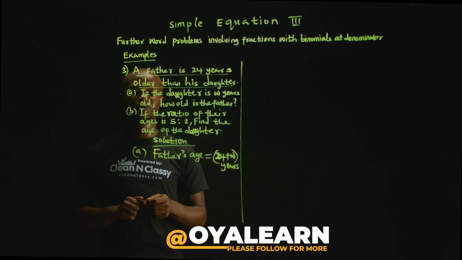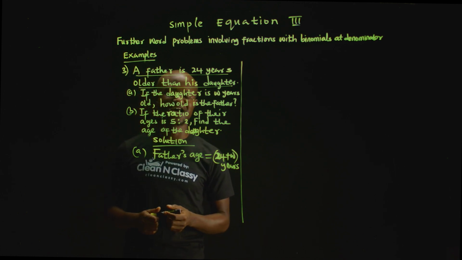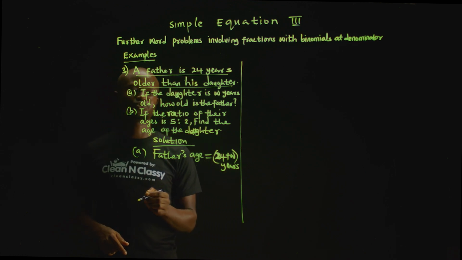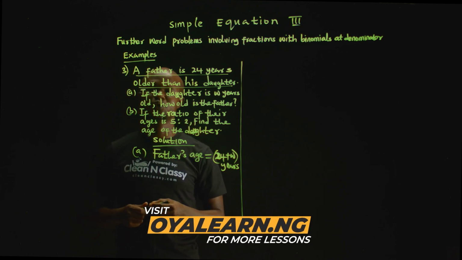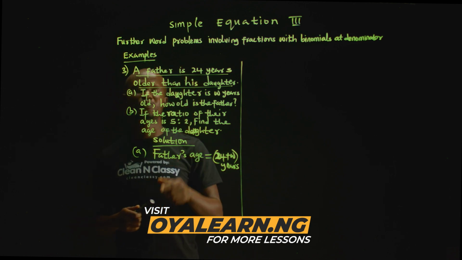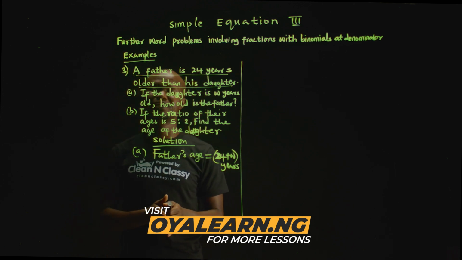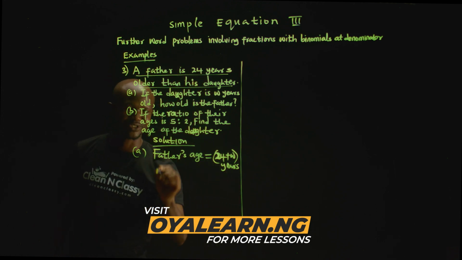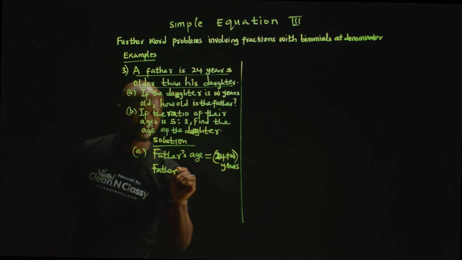Now, for the second part of the question, if the ratio of their ages is 5:2, we can see here, the one that carries 5 will be for the father, while the one that carries 2 will be for the daughter, because the age of the father is more than the age of the daughter. So in that case, we now start with this: father's age